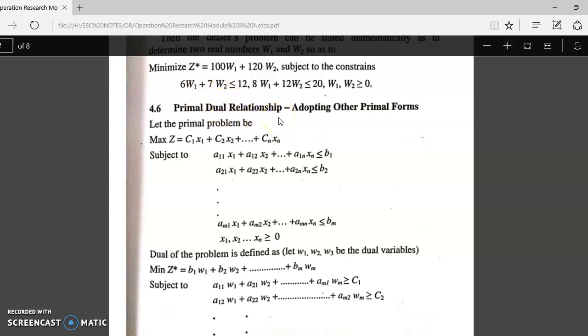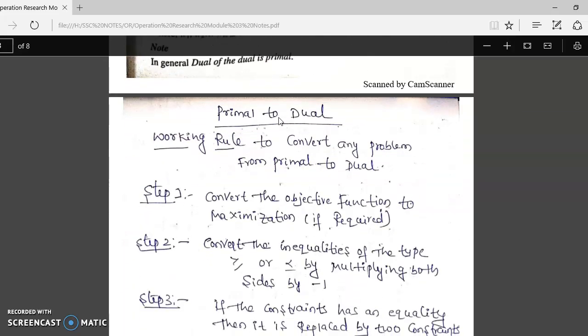So how to convert the primal equation to the dual equation? For that we have a series of steps. Total 6 steps are there. In that, the first step is to convert the objective function to maximization. While converting the given LPP, initially the given equation should be of maximum. If it is minimum, convert to maximum as you did in the two-phase method and big M